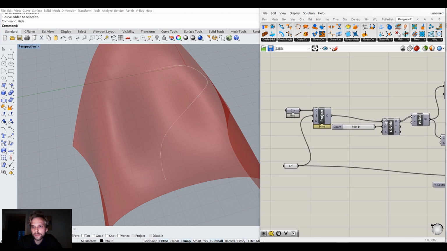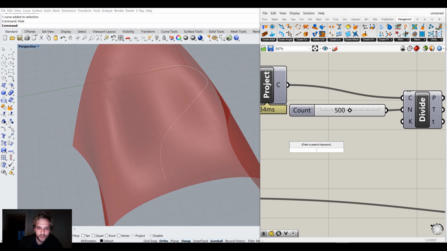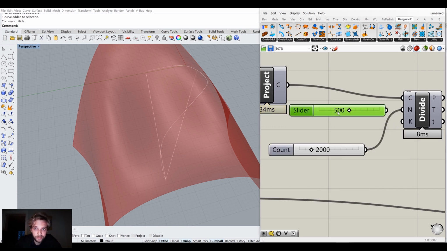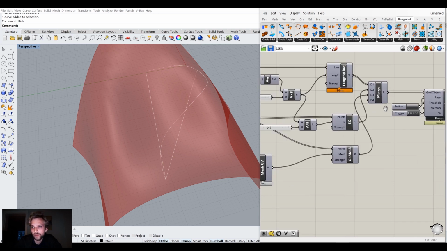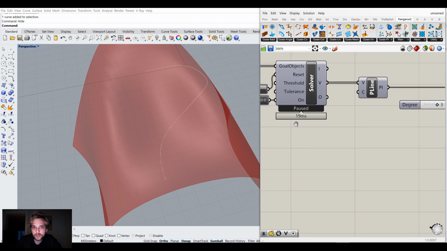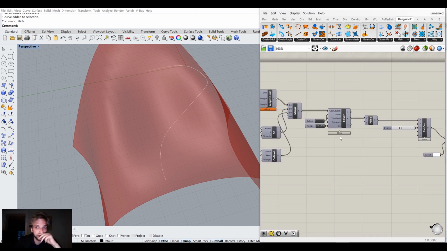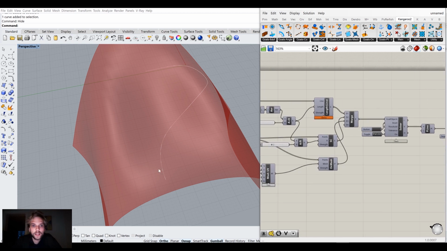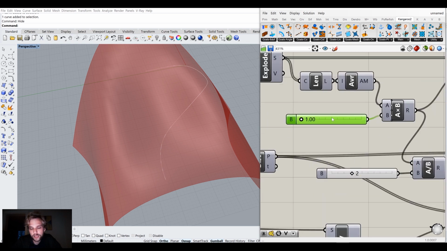What if for count I would use a number that's 2000? Like that, count 2000. And of course I would need to hit reset. So now we have 2000 points rather than 500, 4 times more,